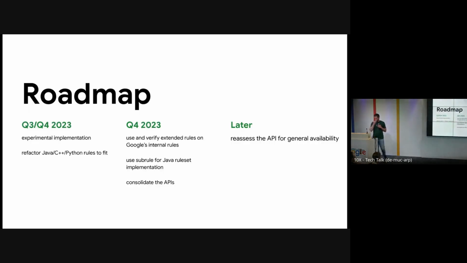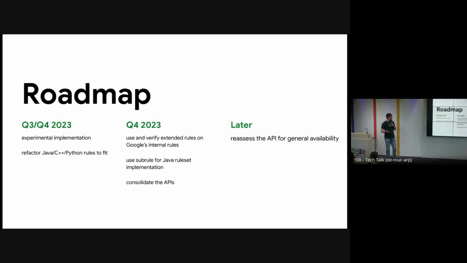Where are we with this? So this is a partial roadmap just talking about the new API. At the moment, we are wrapping up the experimental implementation. We would like to cherry pick that into Bazel 7. It's not completely finished yet. And we would also like to ask everybody, users, to test drive the implementation and report where the problems are.